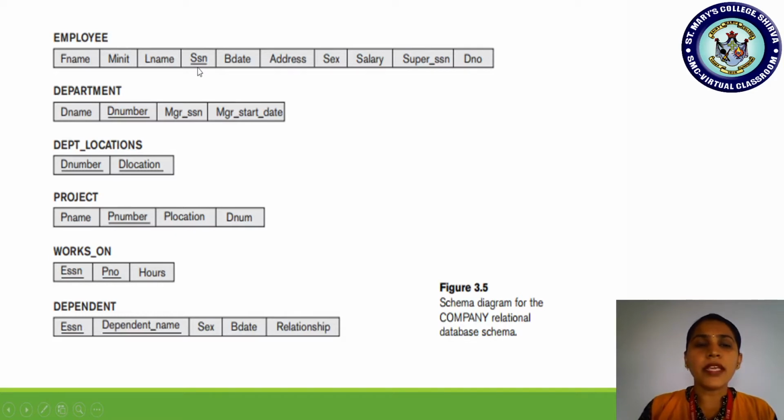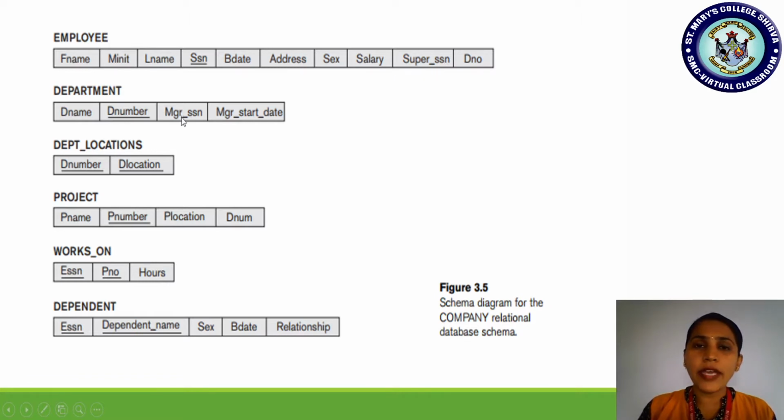And here manager SSN is taken. In department, what are you finding? Manager SSN. So manager SSN means it is an SSN number, the employee number itself, but the column name is renamed as manager SSN, because the department is managed by which employee?